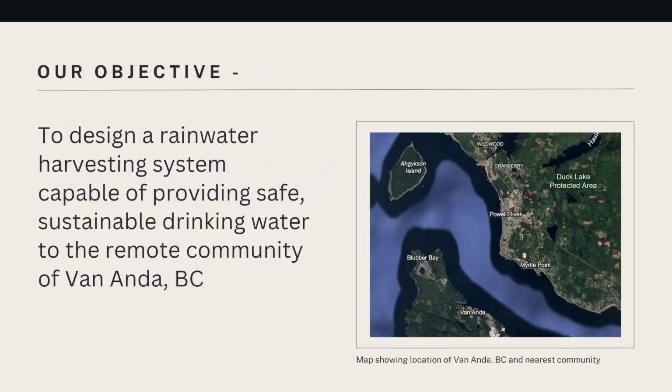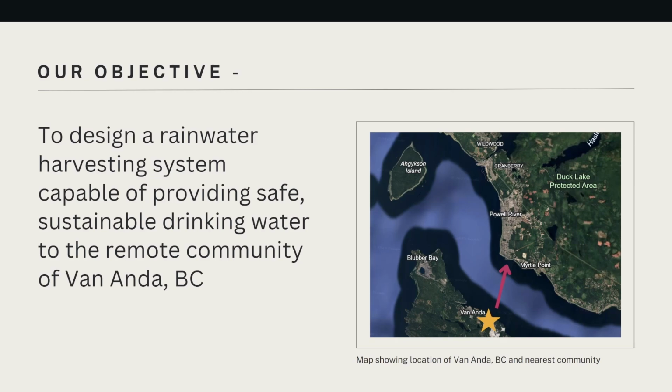Now, to briefly orient you to our project, our goal was to design a rainwater harvesting system capable of providing safe, sustainable drinking water to a 2-person household in Van Anda, BC. You can see on the right that Van Anda is a remote community requiring ferry access to the nearest community. Shipping water like this is unsustainable, and our goal was to design a system that meets water demand for Van